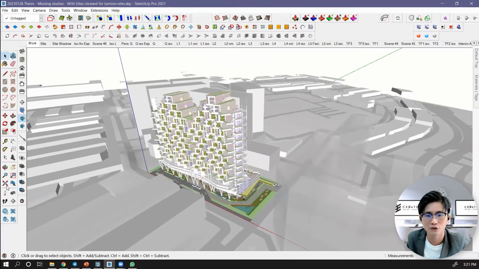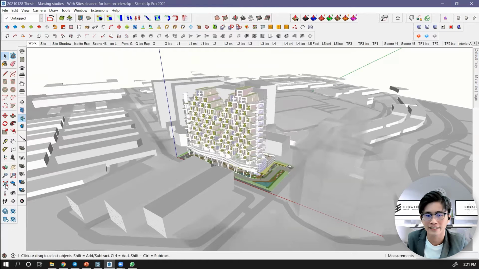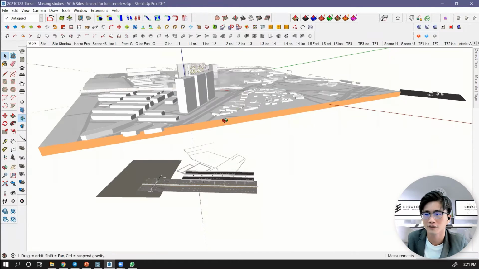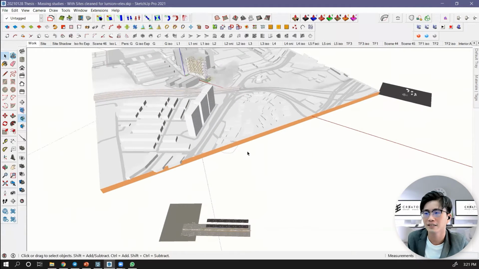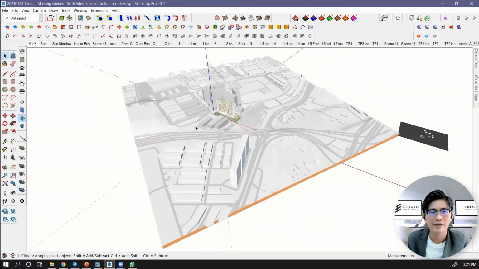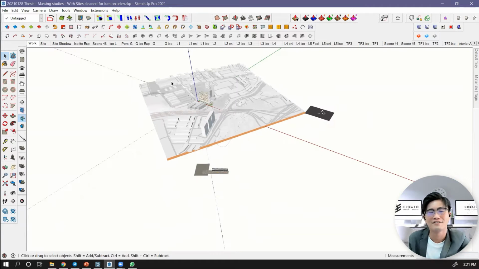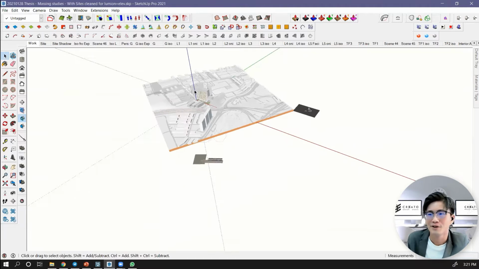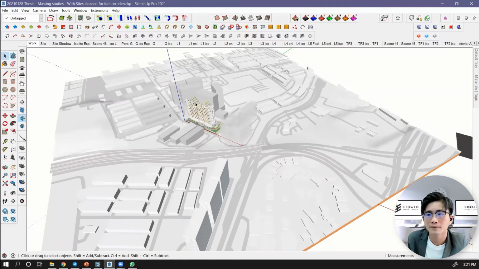If you need to see everything, you can press Zoom Extents, this one, look at my mouse cursor. This will show everything, like zoom fit to your screen. Sometimes some students ask, they don't know where some of their objects flew to, very far away, then you have to press Zoom Extents to find where the objects flew to.